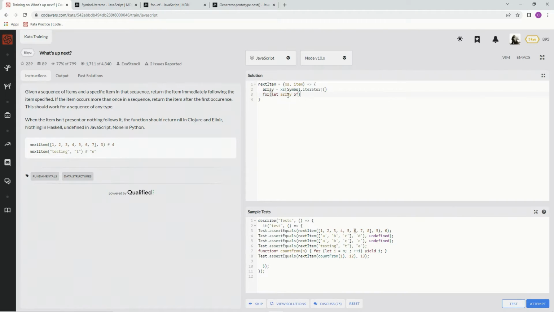no, we're not doing that. Let element of array. So let the element of array, and then we're going to say if element equals item, then we're going to return array, and then we're going to use this dot next over here,